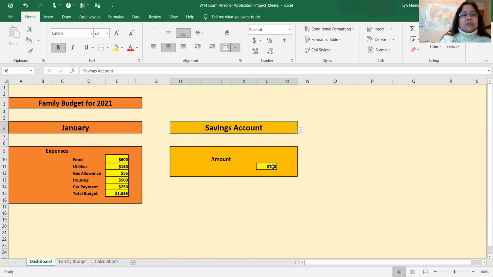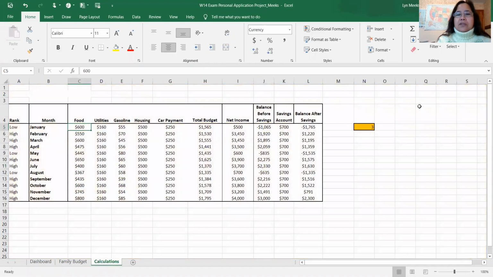So this one, I use the VLOOKUP, and then I went to the January 6 in this cell, and then went to my family budget, then select all, and then anchor them, and then I went to my calculations, and then I plus the calculation.